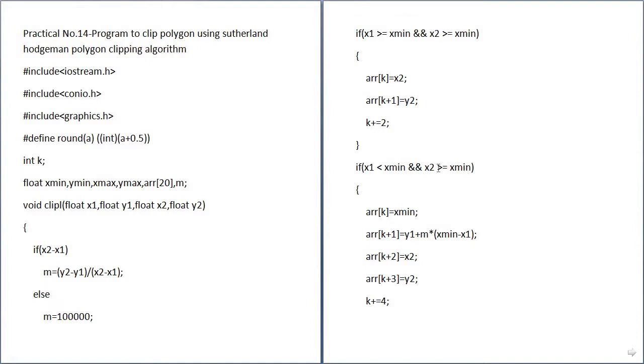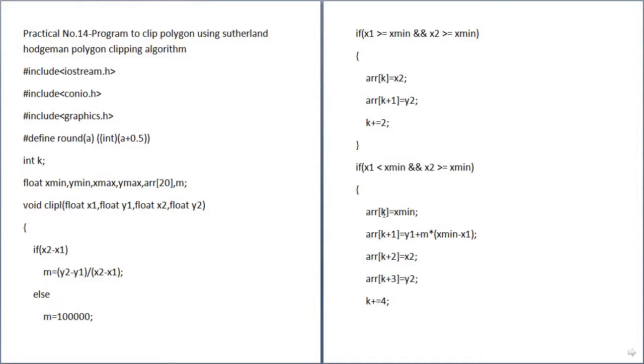For the earlier condition, x1 is greater than xmin, meaning x1 is inside the clipping window and x2 is outside. And for this condition, x1 is less than xmin, meaning x1 is outside of the clipping window and x2 is inside. For this condition we have to put these values.